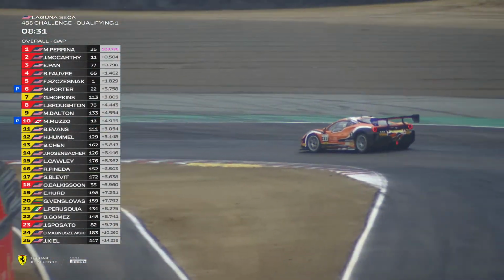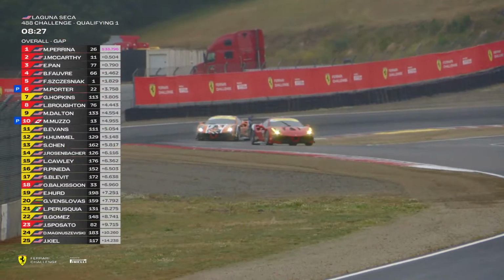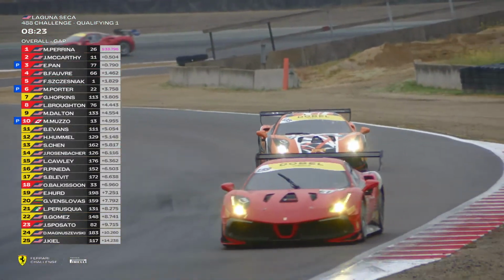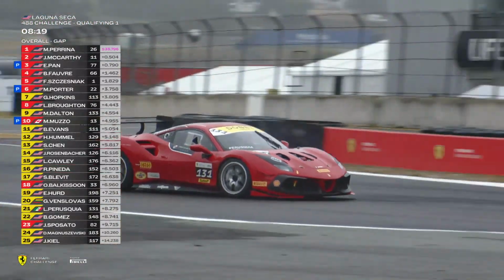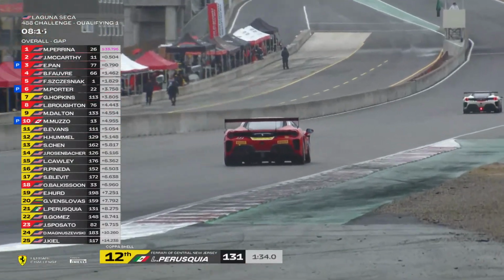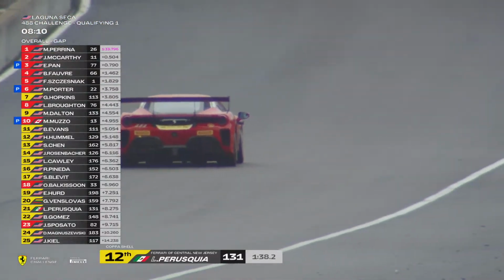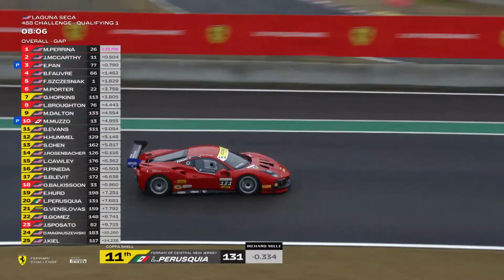Just to bring you up to speed on who's doing what, you can see the graphics on the left-hand side of your screen. If the position number is coloured in red, it means it's a Trofeo Pirelli driver. If the position number is coloured in yellow, it means they're a Shell driver. Best of the Shells at the moment, Gregory Hopkins ahead of Matt Dalton, and then it's Brad Evans. They are the top three as we watch Louis Peruschia, who was racing just a couple of weekends ago in